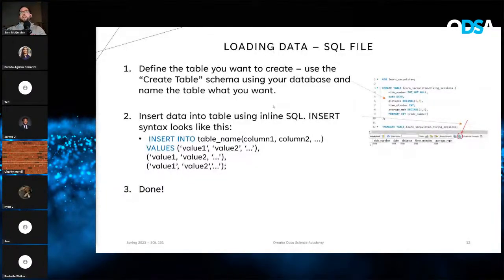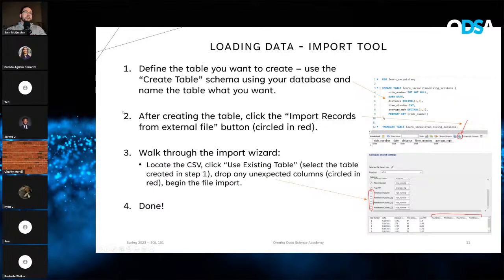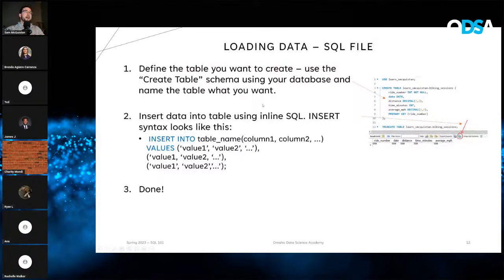So we just went over how to load data using the import tool that's built into MySQL Workbench. But what happens if you have an application that you want to use to collect data and then insert into a table that you've already created on the back end? That's actually where using the inline SQL comes in. So you can either use a SQL file, or when you write an API or an endpoint or anything that communicates with the database from the application,